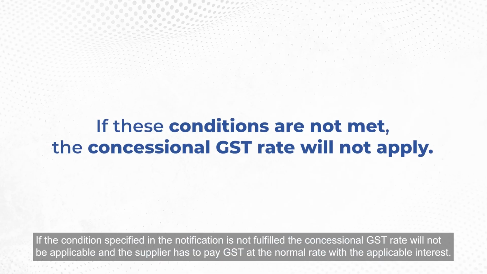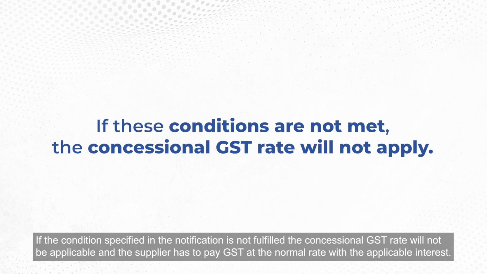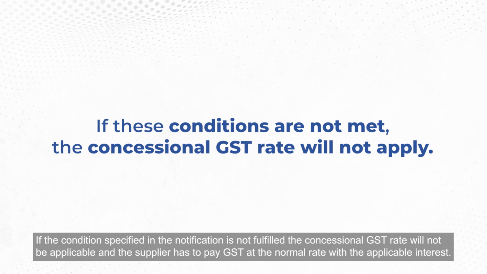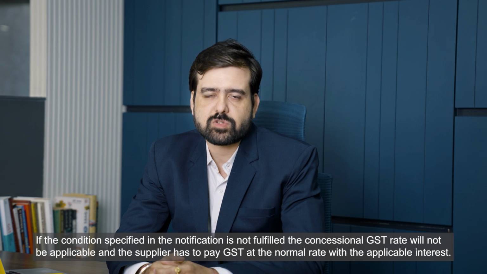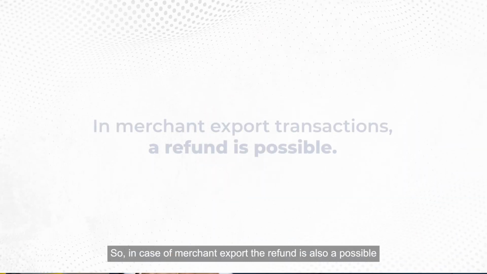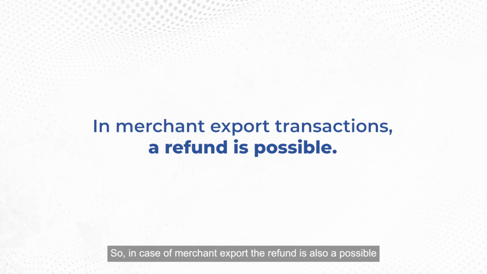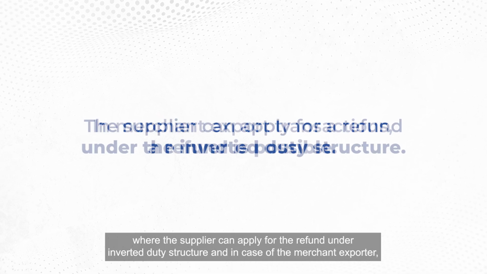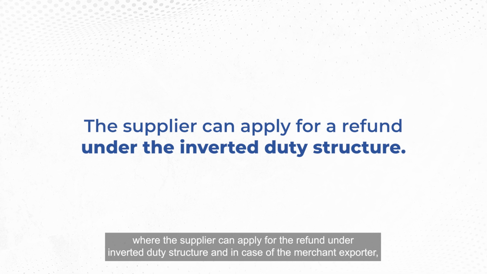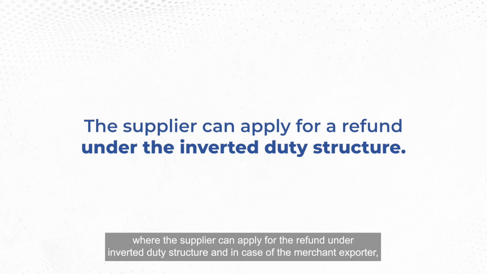If the condition specified in the notification is not fulfilled, the concessional GST rate will not be applicable and the supplier has to pay GST at the normal rate with applicable interest. So in case of merchant export, the refund is also possible, where the supplier can apply for the refund under inverted duty structure, and in case of the merchant exporter